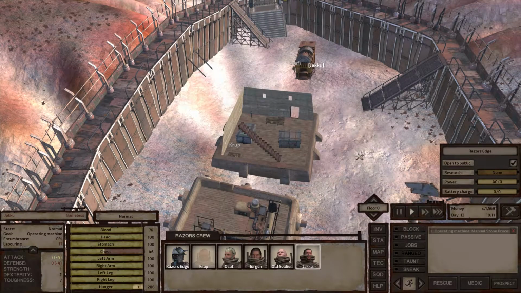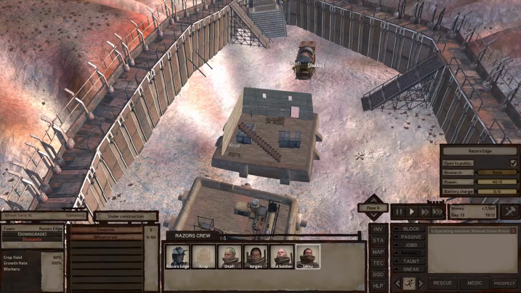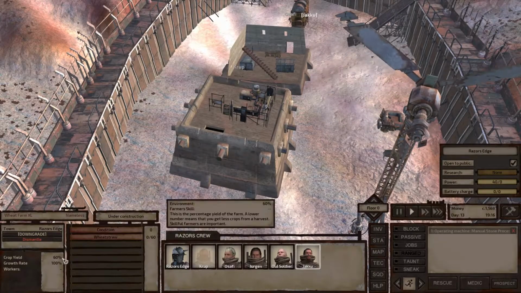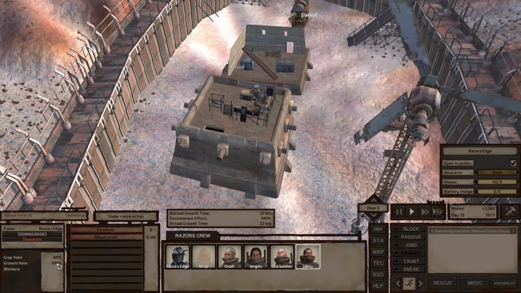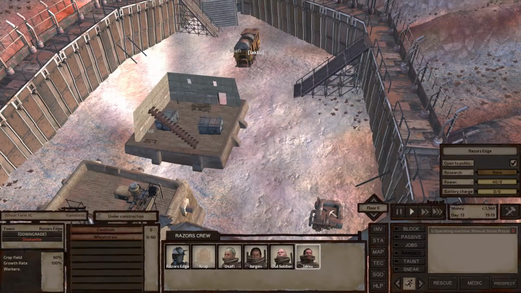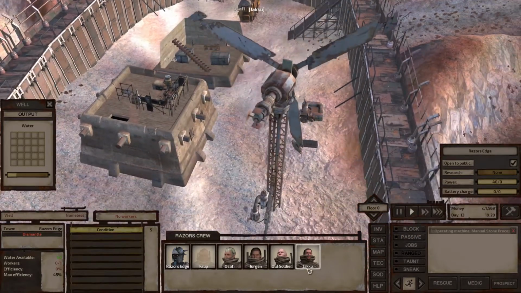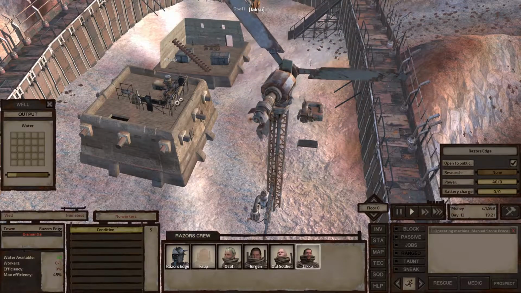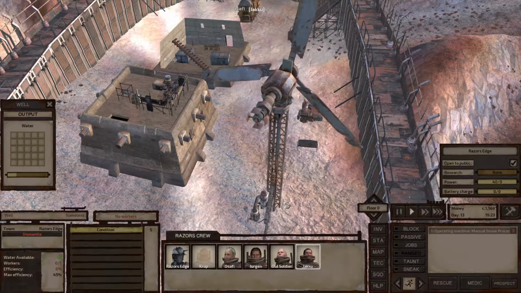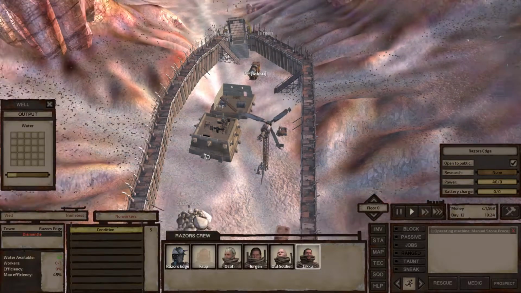I don't know if you've ever noticed, but I do have a wheat straw construction, and it'll do a crop yield of 60%. And there are things you can do with wheat straw. And we do have a well. I don't know if I ever pointed that out, that we can utilize as well. So that's pretty much a summary of where we're at